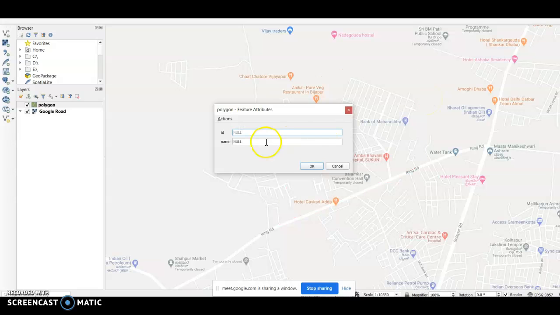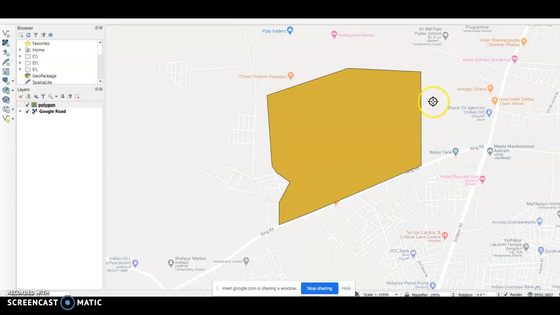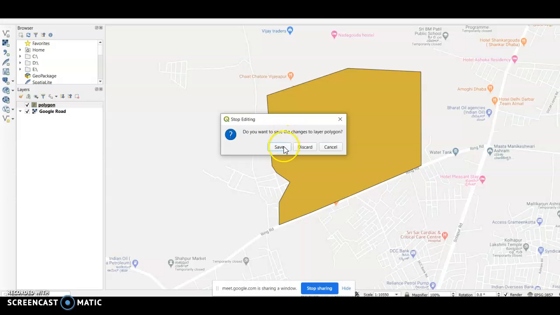I'll click here, right click here, ID you can give it as 1, and name I'm giving it as Sukoon. Once I click here, you can see that this is generated. Now I'll stop editing this and I'll save it.